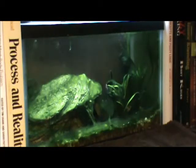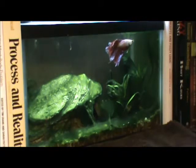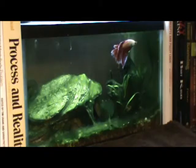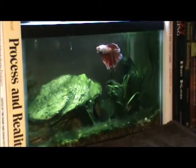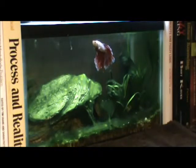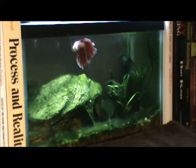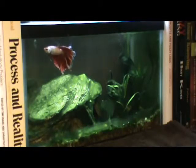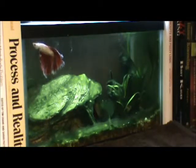It's really important that a betta fish be given sufficient room. This is a 2.5 gallon aquarium, and it should be no smaller than that. Pet shops sell them in little bowls, and they'll claim that that's sufficient for a betta fish. It's not. Just keep in mind that betta fish come from Asia, and they live in swamps and in rice paddies, where the water is generally still, murky,